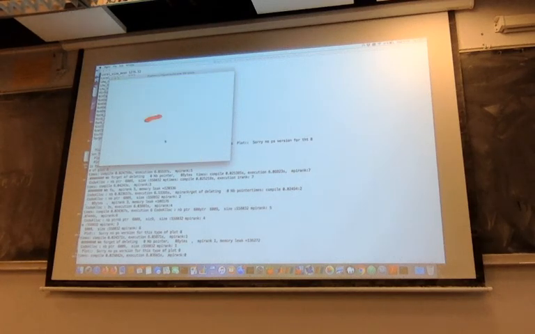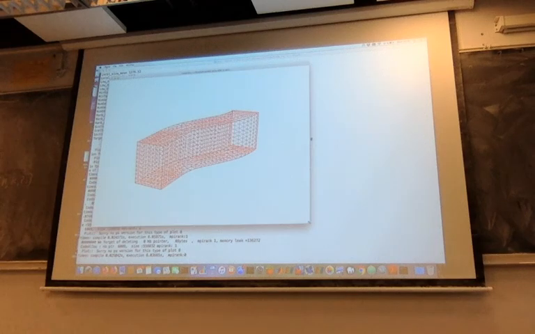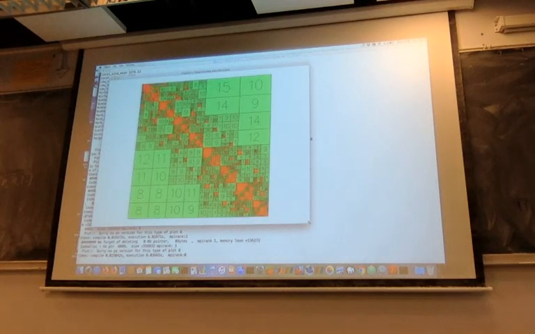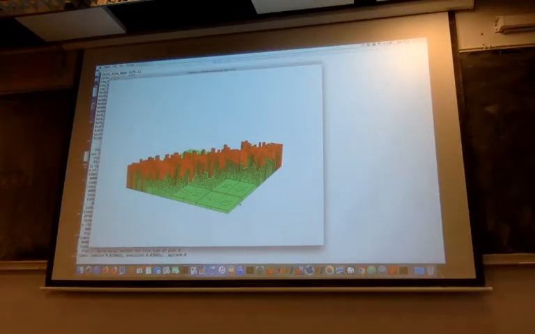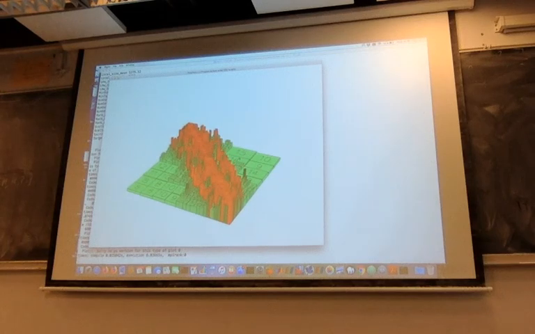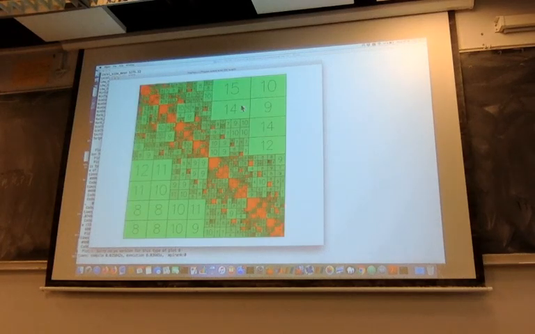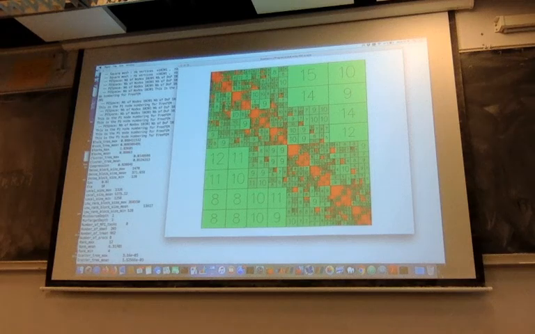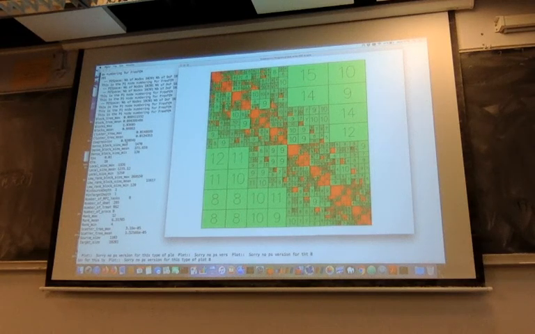Okay. So let's go back to the plots. So this is the mesh. This is the H matrix. Okay. So you can also view it in 3D if you want, so why not? To get a good look at the actual compression level. So these are the ranks of the blocks. If you press V, you have the actual compression level in each block. Okay, and here I have maybe 92% compression on this matrix.